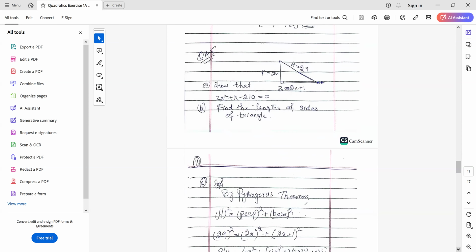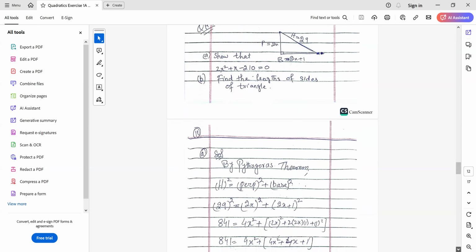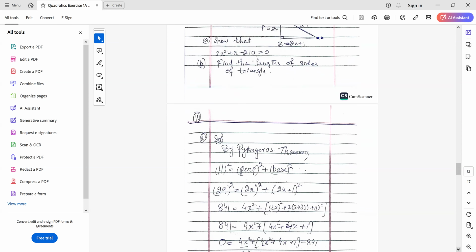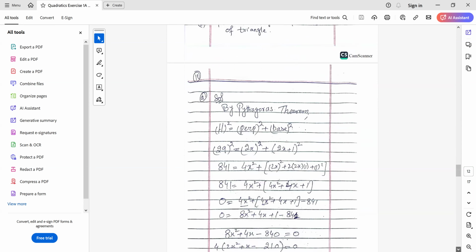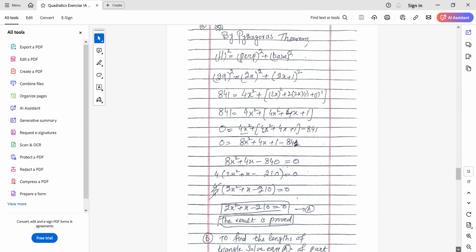By the Pythagoras theorem, hypotenuse square is equal to perpendicular square plus base square. Okay, this will eventually lead us to our equation which we need